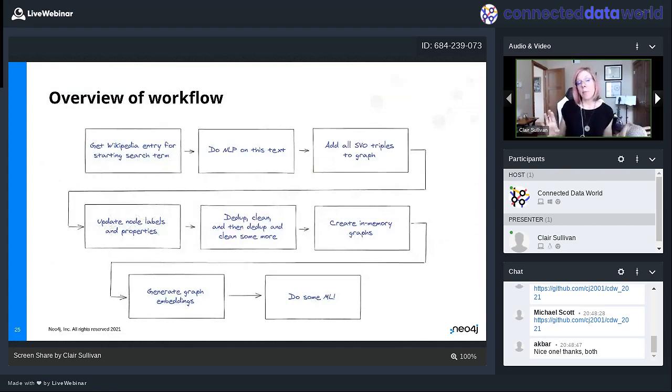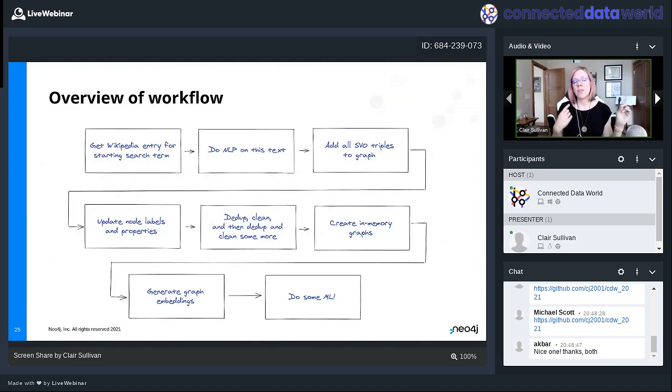Okay, let's talk a little bit more about what happens when we get that text, what this workflow is going to be. Just today, I'm going to use just Wikidata. I'm going to grab summaries from Wikidata for a given search term. And we're going to do NLP on that text to get all of the SVO triples. Okay, so once we have those SVO triples, we add them to the graph.